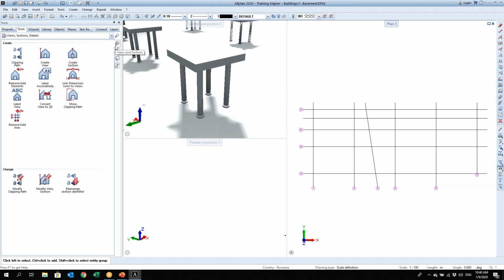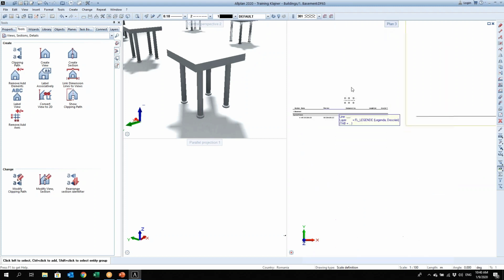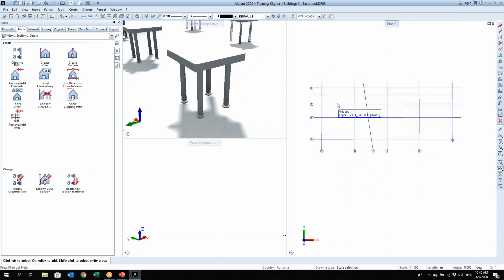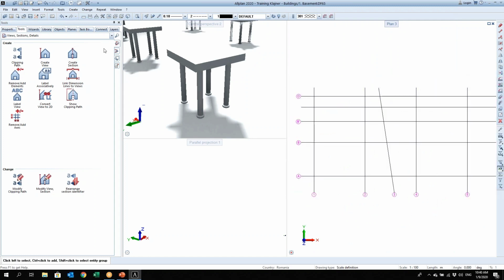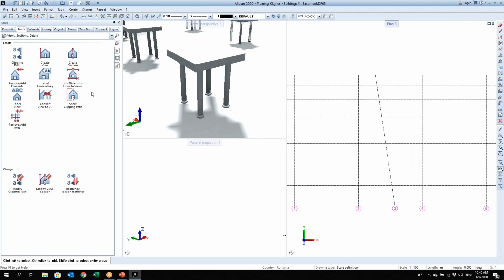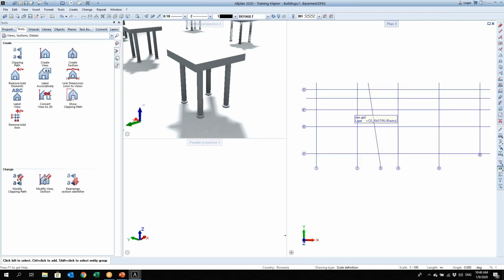So now it's not only architectural views and sections, but this is called unified views and section. What these unified views and section allow you to do is to create, to detail any type of item. So you can detail reinforcement, architectural elements, 3D objects, and they use a different technology. So they use a technology that creates an intermediate model called